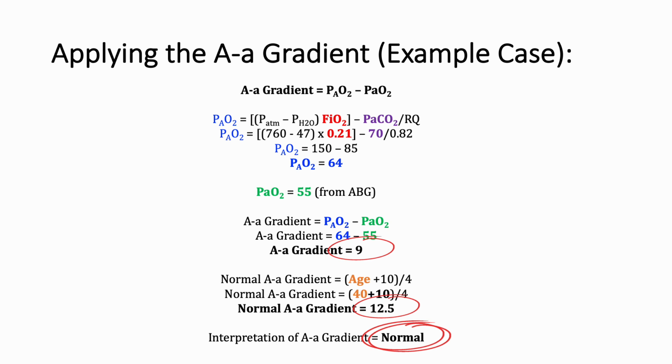By entering the values of PCO2 in purple here, as well as the PaO2 in green, the FiO2 in red, and age in orange from the ABG in question, we can calculate the AA gradient, which comes out to 9. From the formula for expected AA gradient, we also see that this computes to 12.5. As our derived value of 9 for the AA gradient is less than the expected value, and certainly less than the generally accepted range maximum of 25,